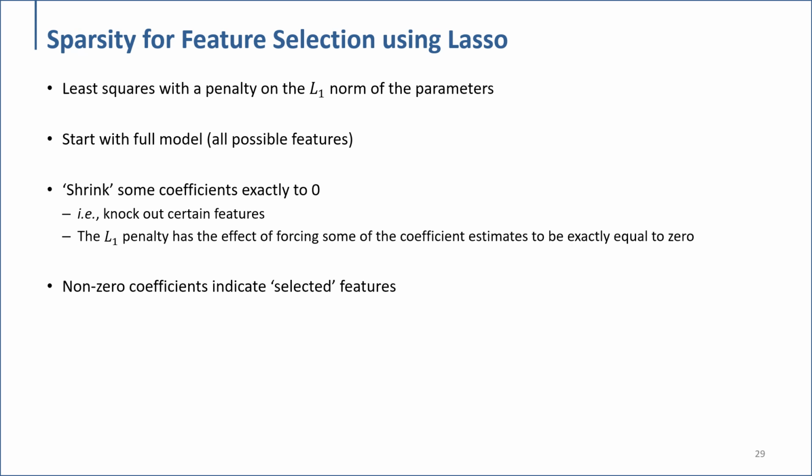The meaning of a zero coefficient is that the lasso has some properties of feature selection. That means least squares with a penalty on the L1 norm of the parameter. As a result, we see that some coefficients are exactly zero, and that means we knock out certain features. So the L1 penalty has the effect of forcing some of the coefficient estimates to be exactly equal